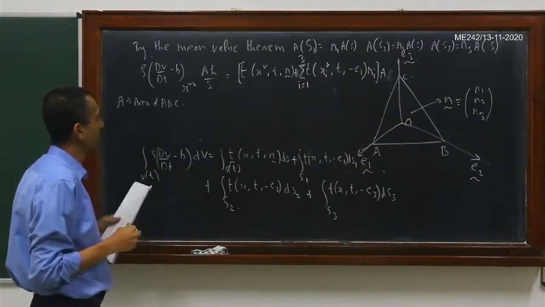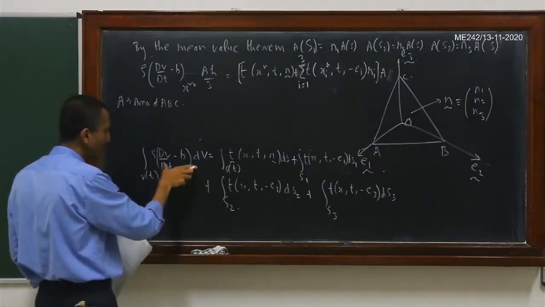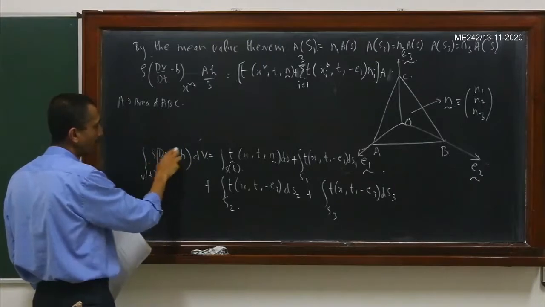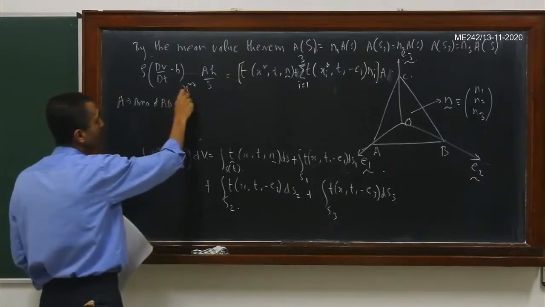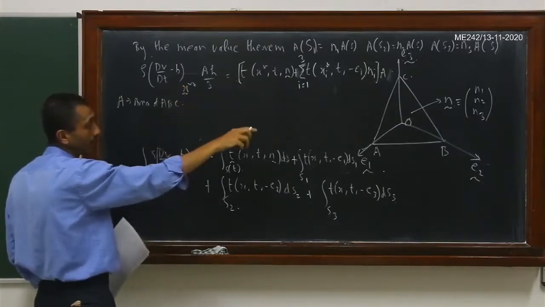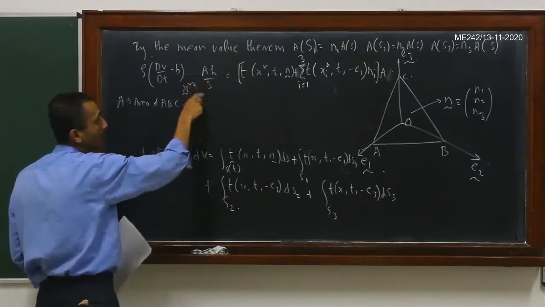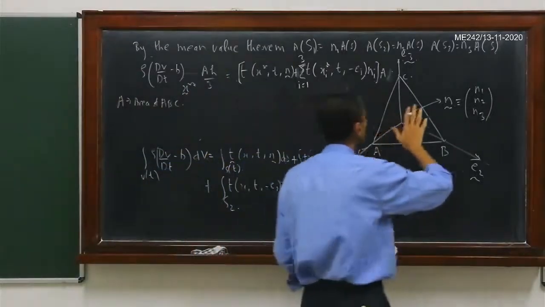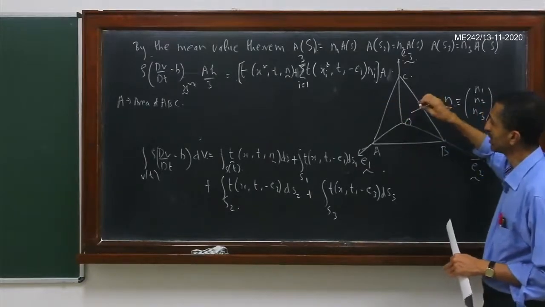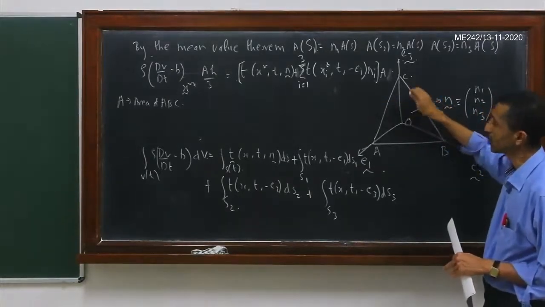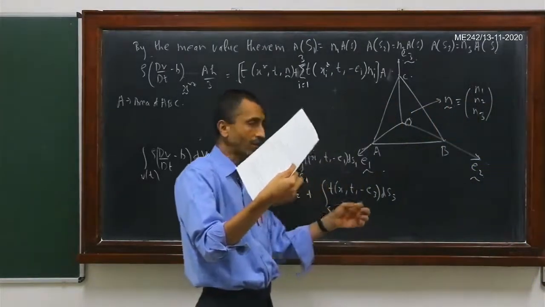So basically what the mean value theorem says is that if you take this particular integral, then the value of this integral is equal to the value of the integrand evaluated at some point in the interior. Okay, so this x double star is some point in the interior of this tetrahedron multiplied by the volume of the tetrahedron. Now this volume of the tetrahedron is the area of this particular surface ABC times the h. That h is the perpendicular distance from O to this inclined surface. So you can imagine that this here is the inclined surface, this here is the origin.